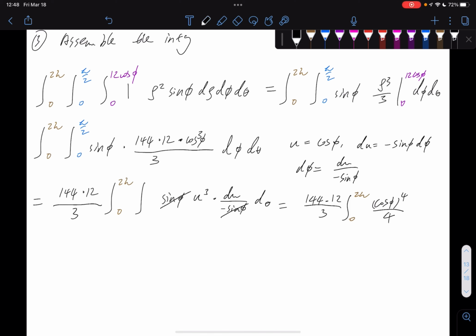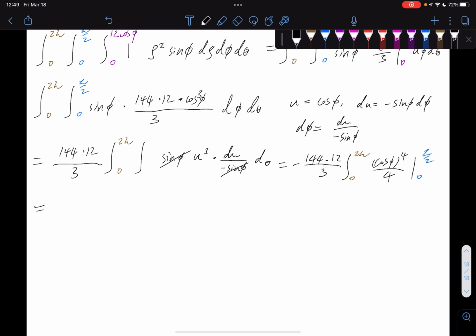I'm moving the negative sign to the front, and then from 0 to pi over 2 equals, copy this whole thing down, and then d theta, and then so this will evaluate to, let me put the integral first, 2 pi,